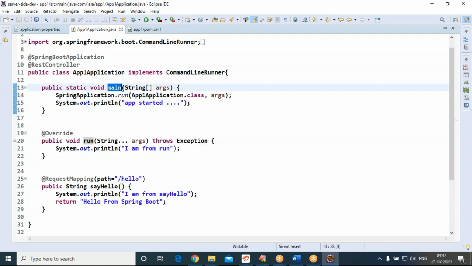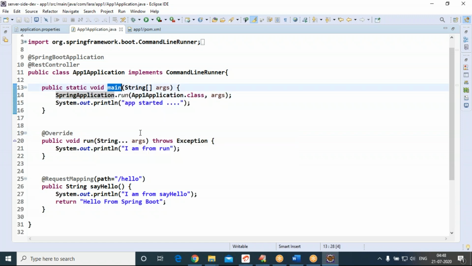We are executing the main method through Control F11. The main method calls the run method of SpringApplication. The run method of SpringApplication internally creates an object of our application class and calls the run method. So for the SpringApplication run method, we are supplying two arguments. It is a command line argument. This command line argument, you can see is the main method argument. The same main method argument is internally supplied to the run method of the current class from the body of the run method of SpringApplication. Very simple.